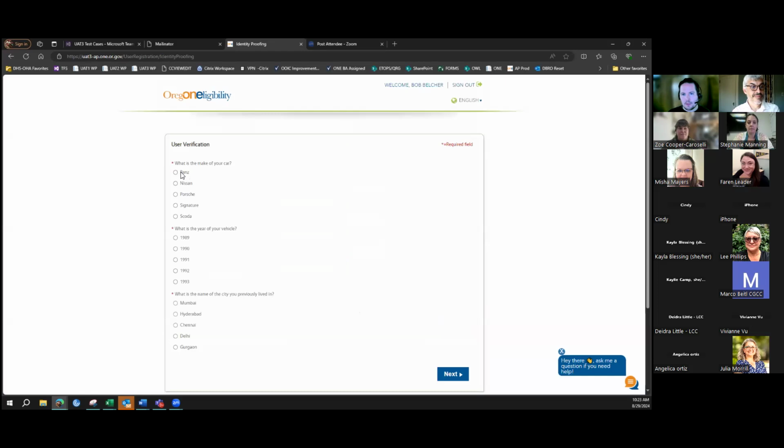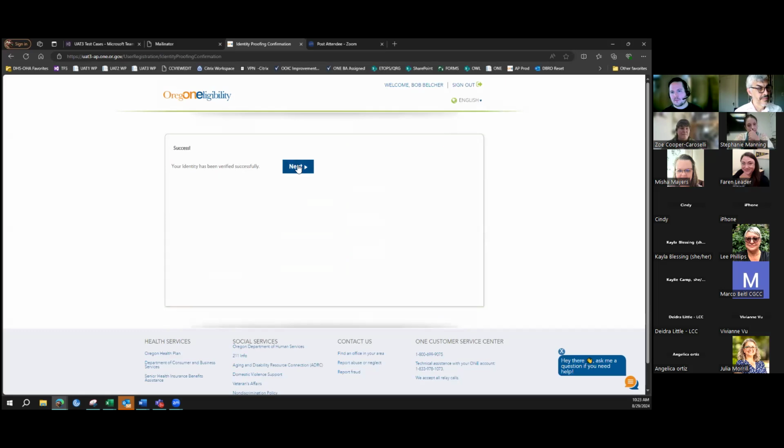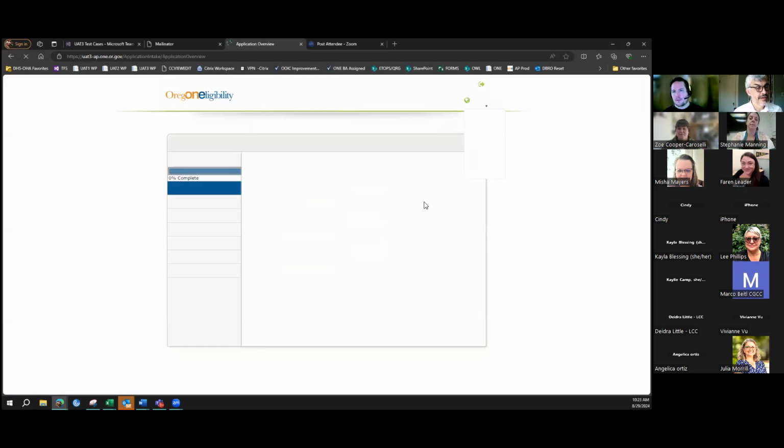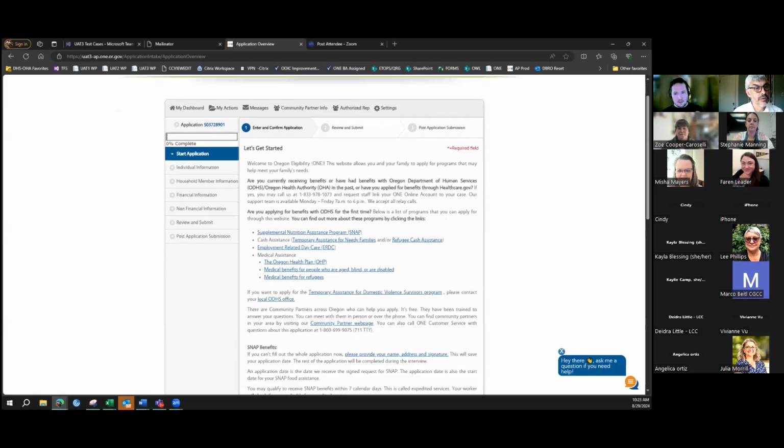We'll go through the RIDP process again. Successfully verified our identity. And this will now take us to the beginning of the application overview, because our system has not been able to make a match with any existing individual based on what we had just entered there.